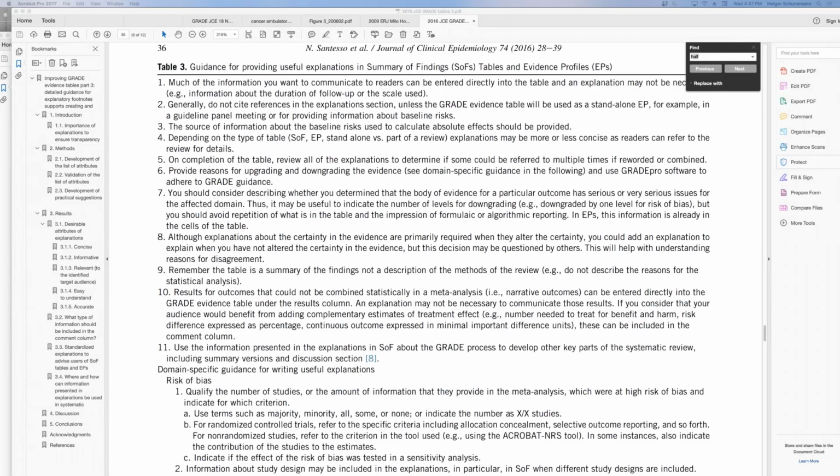And the new updated guidance for imprecision that is in the works will also do that. So I would say first that ideally, I agree with that second question. We should focus on the 95% confidence interval and only go to the optimal information size when we have to,